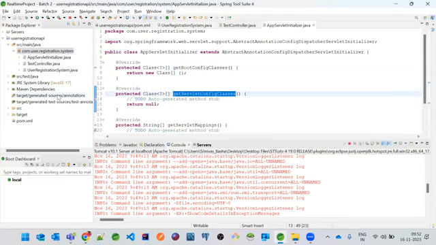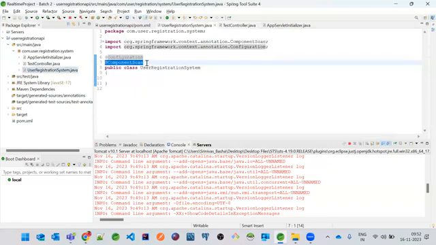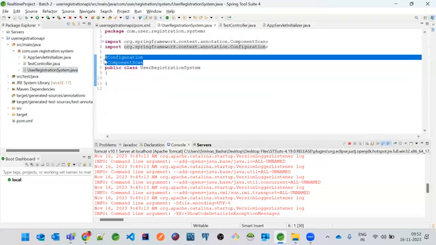Our application is going to have only one class, which is the test controller, right? This is a test controller. For this, it has to create an object and then call this method. Only if the instance is created for the test controller can it call this test method, right? The same way, here we need to provide those steps to create objects for our classes. So @Configuration followed by @ComponentScan.